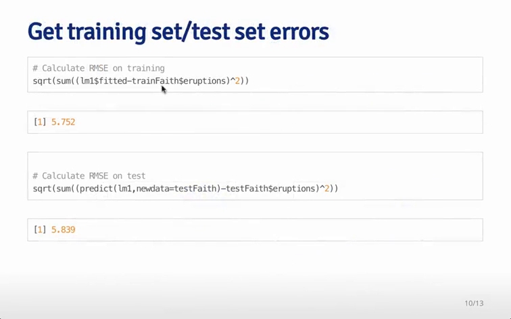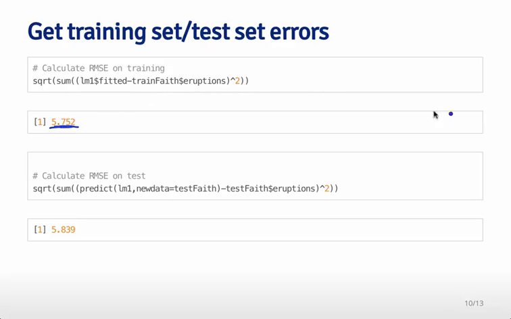The next thing to do is to get the training and test set errors. To get the training set error, we get the fitted values, LM1 fitted. Remember, LM1 was the object we actually fit to build the model, and the fitted values were the predictions that we get on the training set. Then we can subtract the actual values of the eruption duration on the training set, square them, sum them up, and take the square root, and that gives us the root mean squared error, if you remember that from our lecture on the types of errors that we could have. So it basically measures how close the fitted values are to the real values,